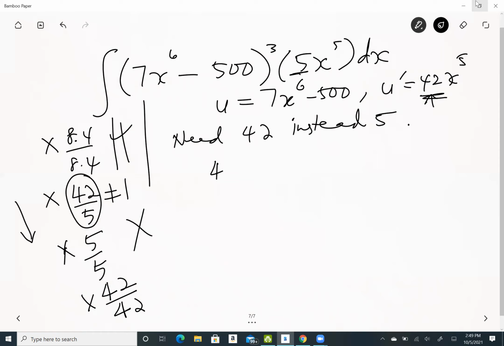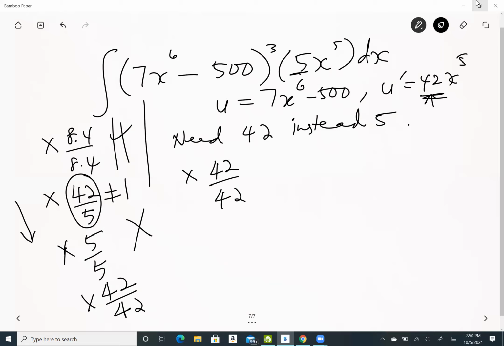Okay? So what you do, the simple rule is that you multiply by the value of the constant in the u prime, whatever it is, whatever it should be. Okay? Whatever it should be. So you multiply by 42 over 42,